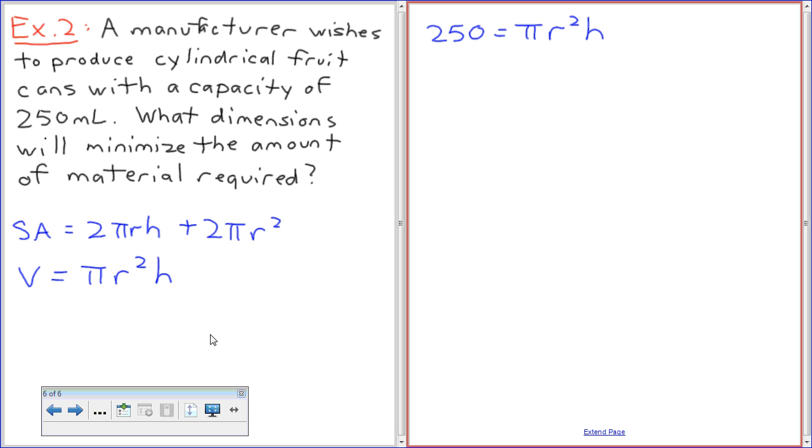Let's take this one up here, guys. Here we go. So I'm going to isolate H here. H is 250 over pi r squared. When I substitute this back in,